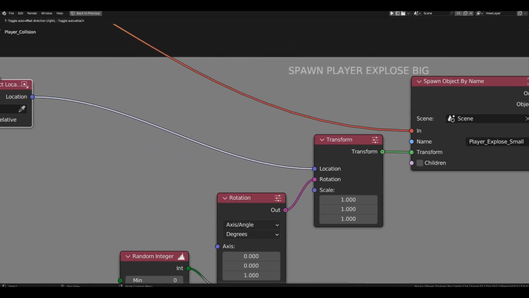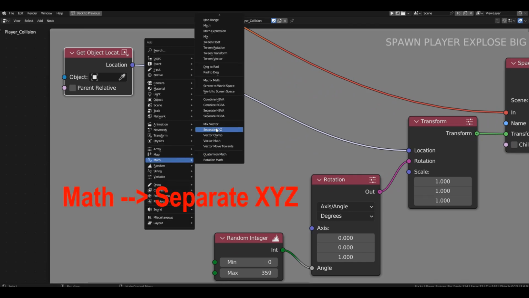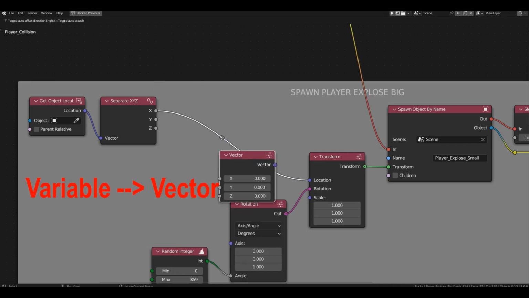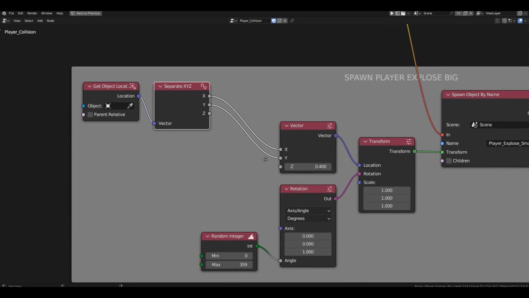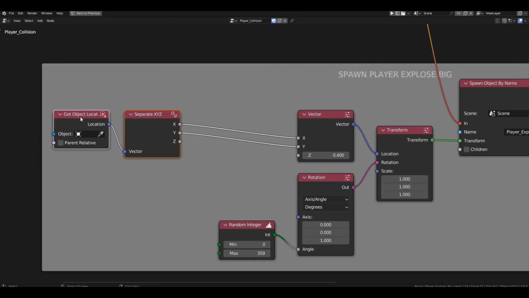To do this, we need to separate the obtained coordinates into individual axes using the separate block and then assemble them back into a vector using the vector block. The z-axis should have a fixed value of 0.4, which is the height of all VFX objects. For the x and y axis, we'll add some mathematics.